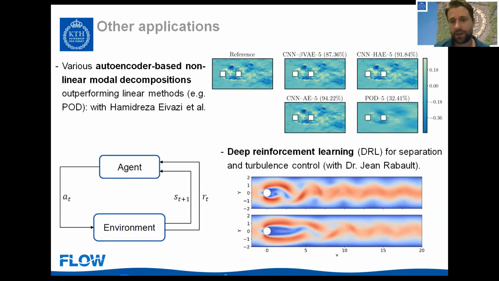And then together with Jean Rabot in Oslo, we have several projects on deep reinforcement learning for control. So taking advantage of this non-intrusive sensing, then one can use this reinforcement learning to devise control strategies, not only in the context of turbulence. I mean, here I show his 2D cylinder, but also in the context of separation control, which of course, then you have